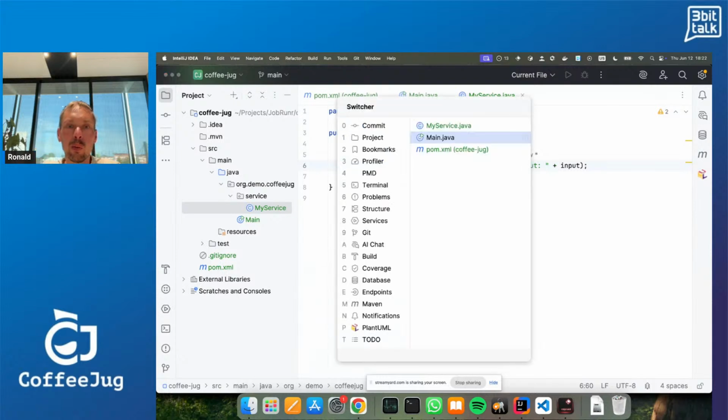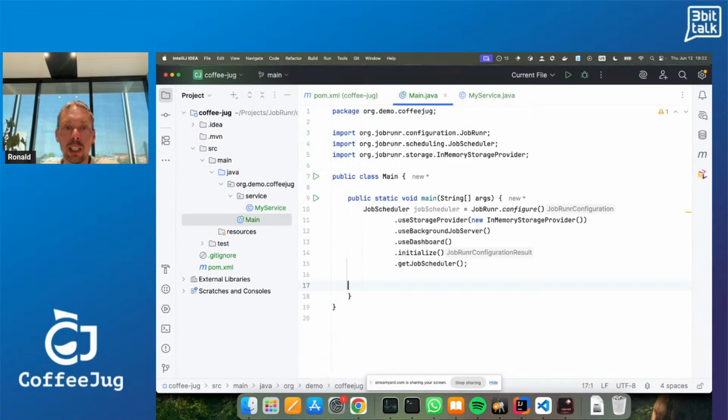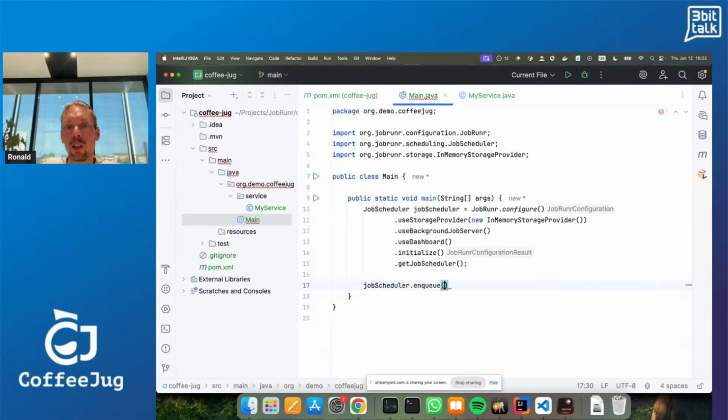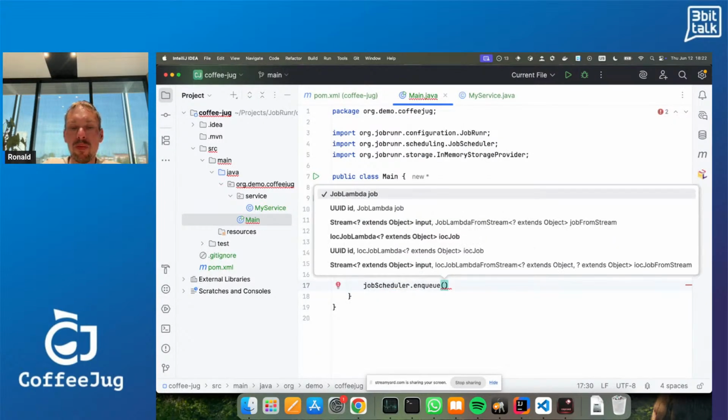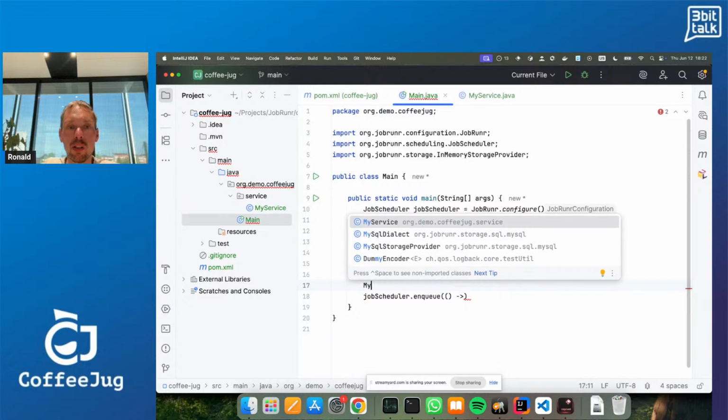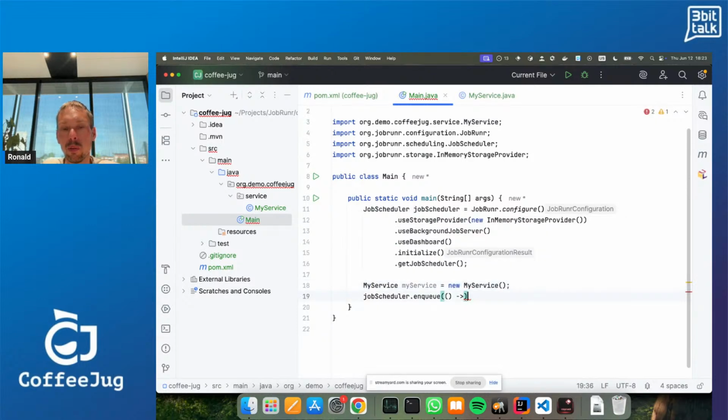Well, then we go back to here, and we have our job scheduler instance available. So what we can do is we can do job scheduler, and then we need to pass in a lambda. But of course, we need an instance of the service. So I will just do my service, new my service.